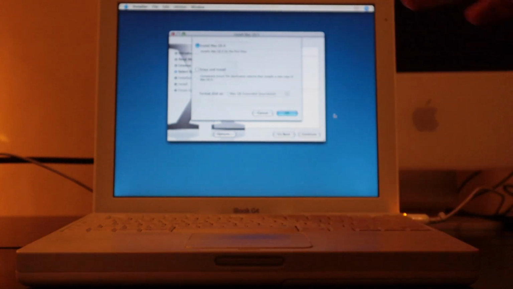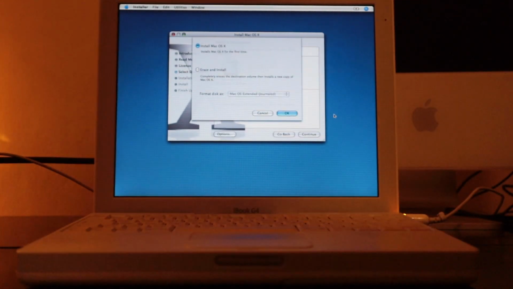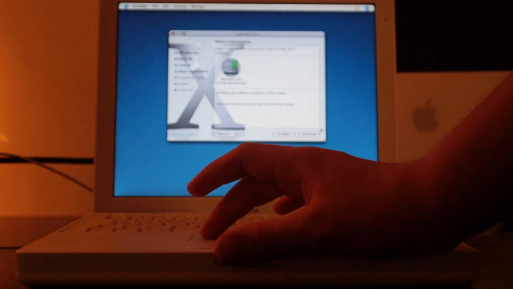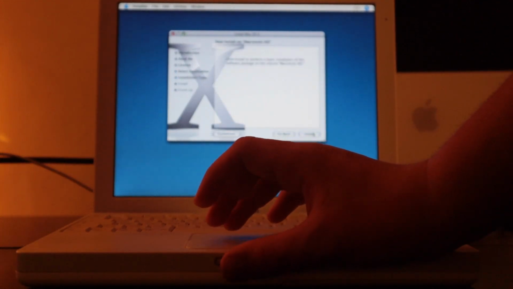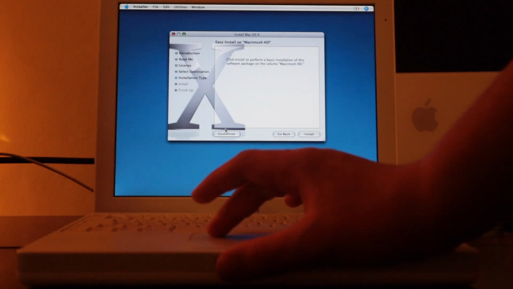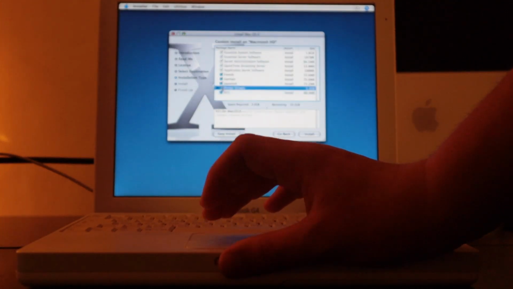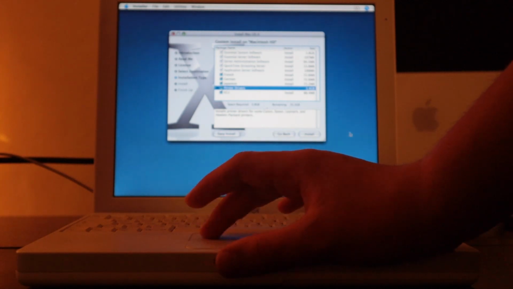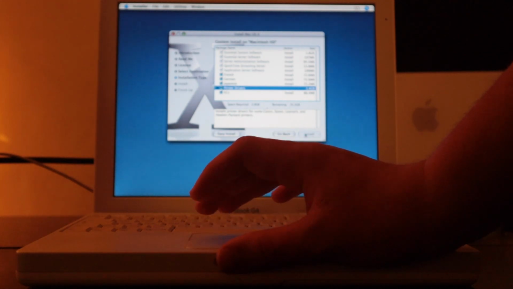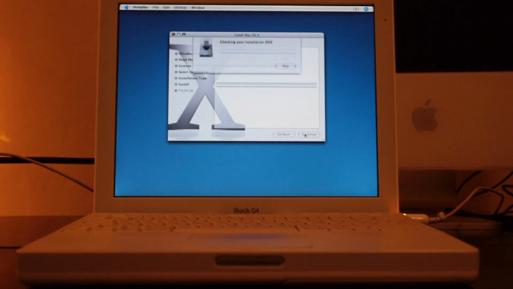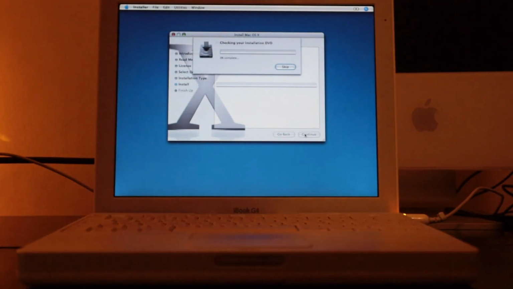Oh, we could erase it from here, but I prefer doing that via Disk Utility so we can actually customize a couple of things. So now we selected the installation destination. Now let's customize. Let's install every single thing, because I like seeing so much stuff being installed on my computer. So now let's hit install, and the installation will take a really long time,